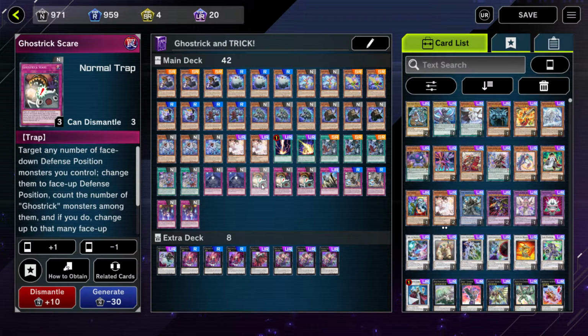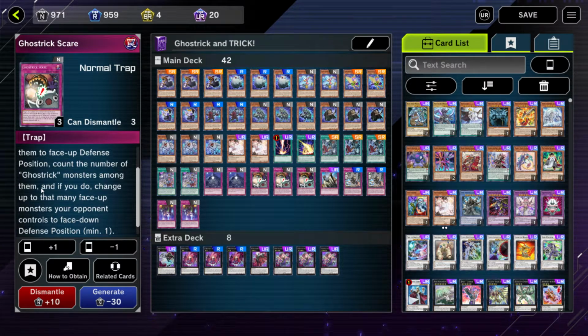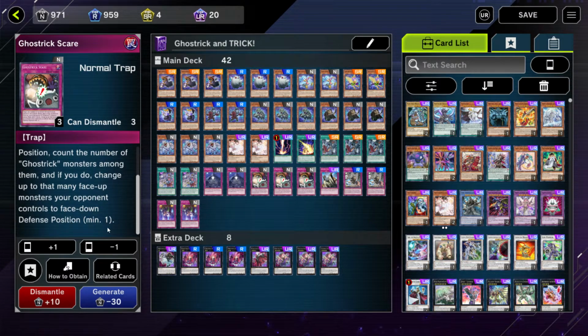We then have Ghostrick Scare. Target any number of face-down defense position monsters you control, change them to face-up defense position, and count the number of Ghostrick monsters among them. If you do, change that many face-up monsters your opponent controls to face-down defense position, minimum 1. Really good for if I had...